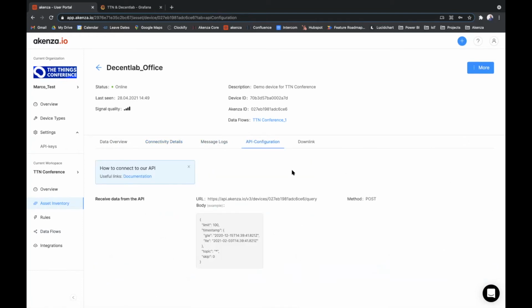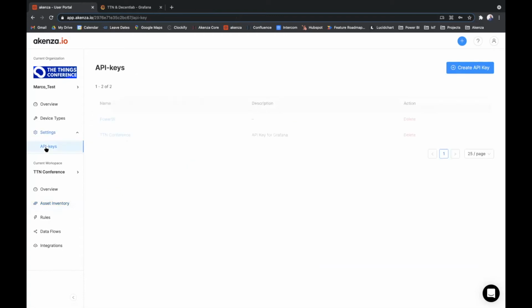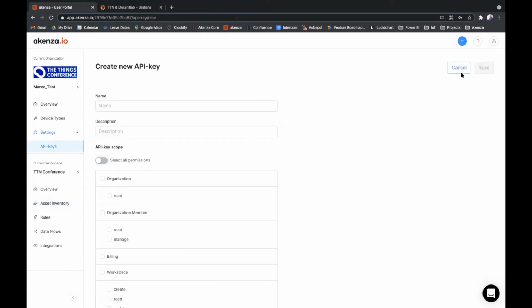And if you want to integrate other third-party applications like front ends, ERPs or business intelligence applications, you just have to pick it up, define an API key here, where we have the proper menu from Akensa, create an API key, TTN API,